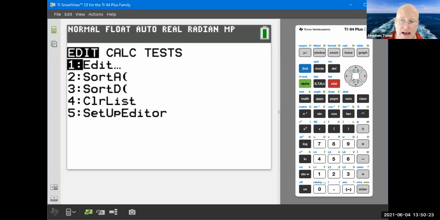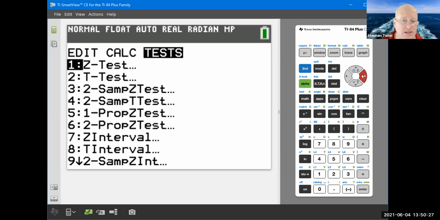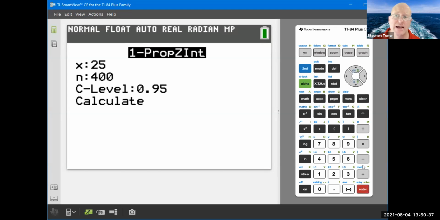I go in here to do a one proportion z interval. So I hit my stat button. I go to my tests, down to the one proportion z interval, which is choice A, a little bit lower down here. And when I hit enter, it asks for an x out of n. Well, we know in this problem that we don't have 20 out of 400. We know that our sample size is going to be